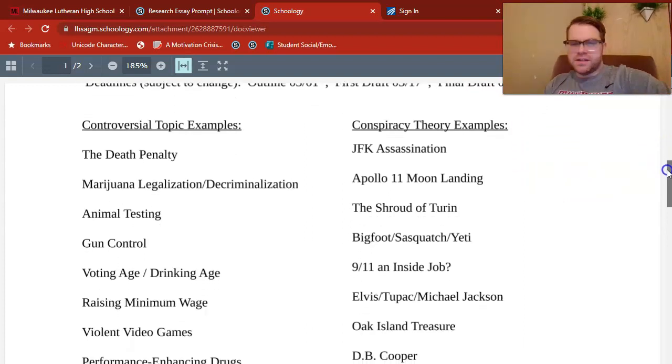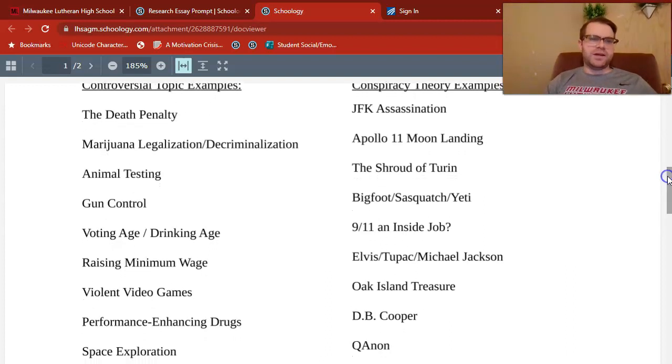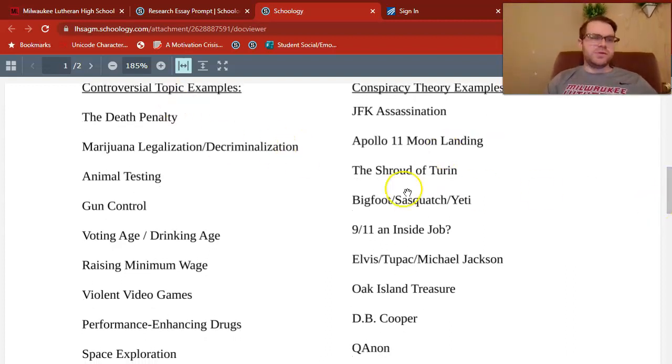Some ideas for topics. Now these are just examples. You can certainly use them, but they're just a small set of options that are available. I want to look at controversial topics first. These ones would be easier to research, easier to find valid sources on both sides for, and there's so many on the internet you can choose from. I wanted to give you ideas on what sorts of topics we're talking about.